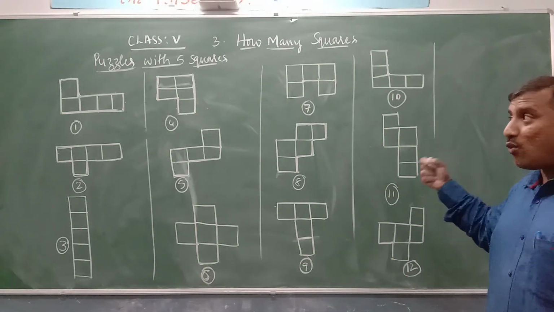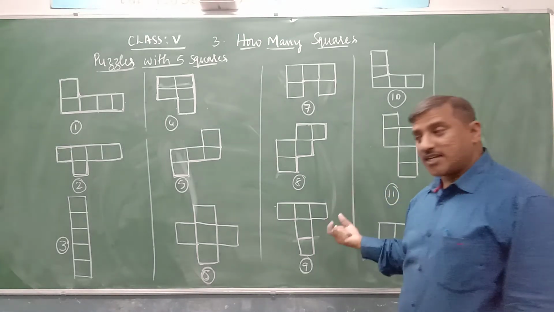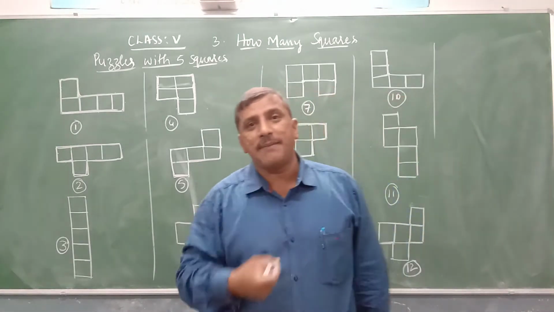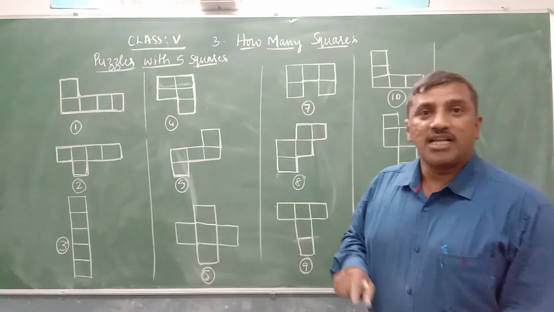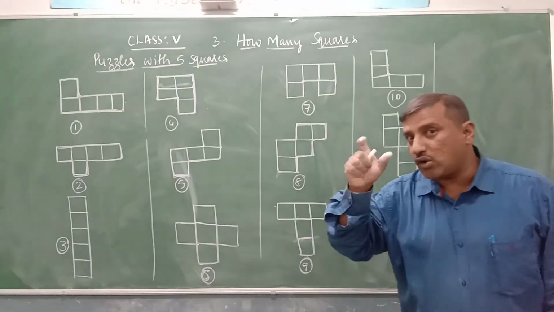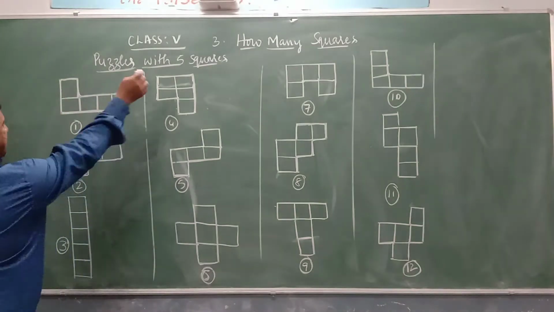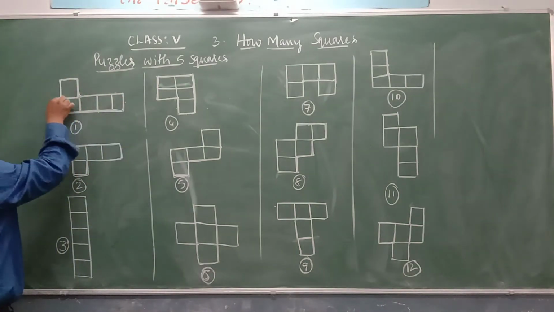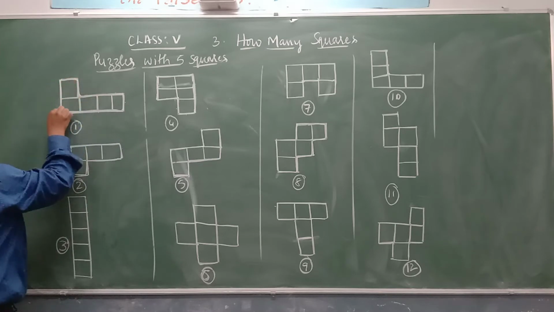Now what about the perimeter? Though their areas are the same, do the shapes have the same perimeter? Let us check. What is perimeter? The total length of the boundary line of a closed figure is known as perimeter. Now you see shape 1. Yes, this is the boundary line of this shape. Yes, I have rounded it here.